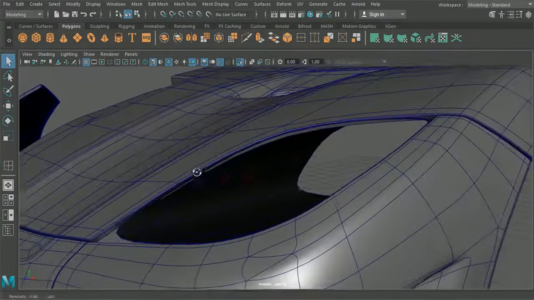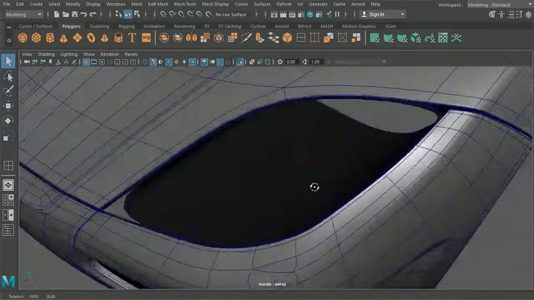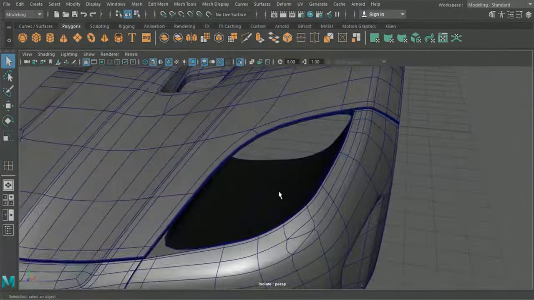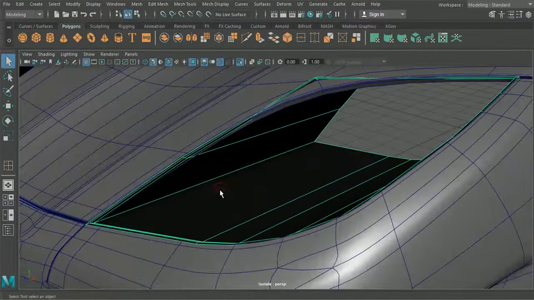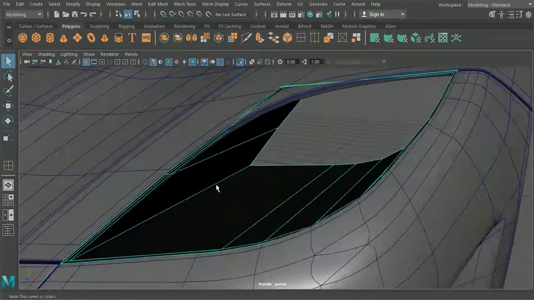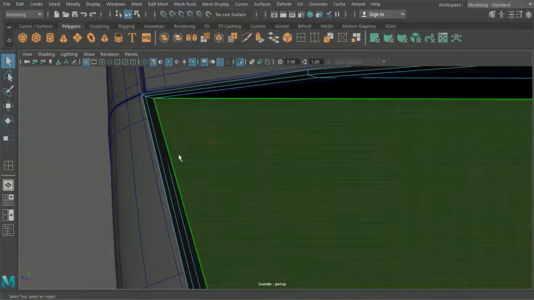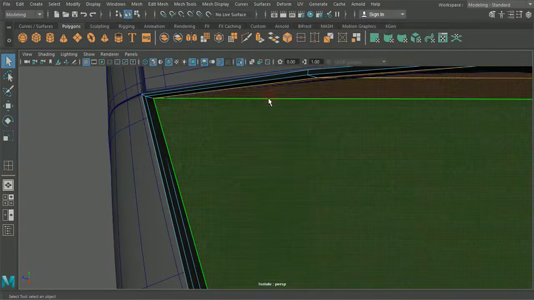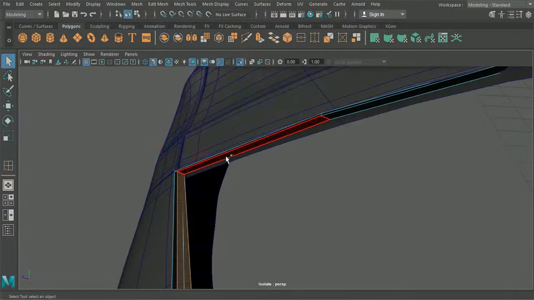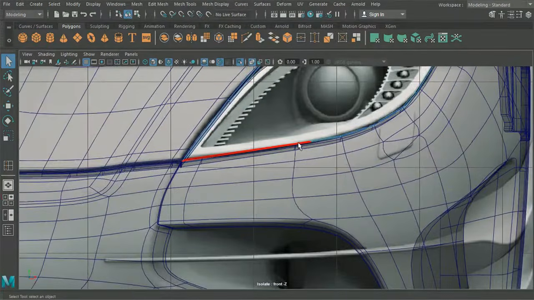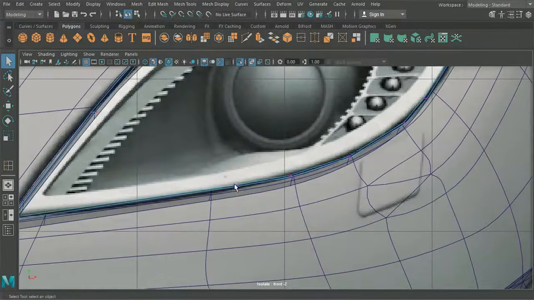Okay, so we can see that we've got quite a nice shape going to that. We're matching the correct curvature of the body here around the top and the bottom. Now I think I may have extruded in a little bit early here, so I'm just going to quickly delete that, because looking in the top view here, or the front view even, we can see that we actually do need to come quite considerably higher.